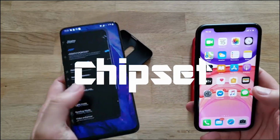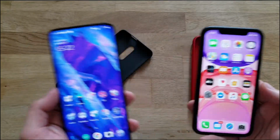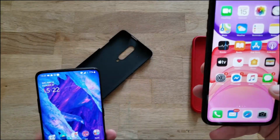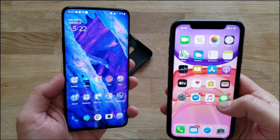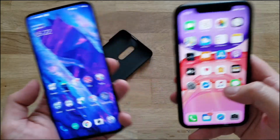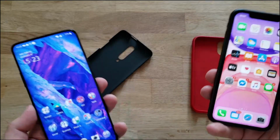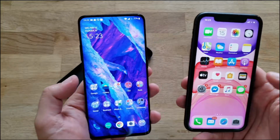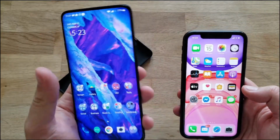The OnePlus 7 Pro is running on the latest Snapdragon 855, or it was the latest before this year, because right now we officially have the Snapdragon 865. On the other hand here, the Apple iPhone is running on the new Apple A13 Bionic, and Apple actually claims that this is 20% faster than the old Bionic, which was the Apple A12 processor. Now people do say that because the way that Apple is building their own processor for their own phones and OS, the experience is a lot smoother than on other phones,